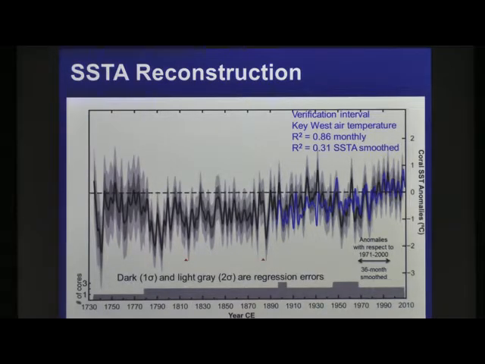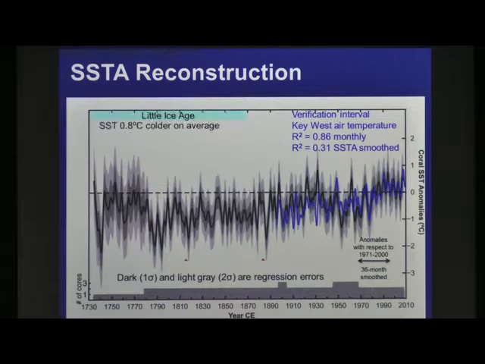You'll notice we're 100 kilometers apart, and it's air temperature, not water temperature, but we do have good agreement between these records. R squared is 0.86, and for our monthly anomalies, smoothed, 0.31. So we are capturing similar variability, and the temperatures are moving in the same direction. From this, I can assume that the coral reconstruction, the air temperature, and the lighthouse keeper data are all telling me the coral record is giving me a good reconstruction. The Hadley data, I'm not so certain about as we get back into the early part of the 20th century.